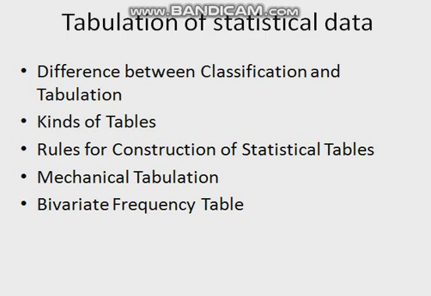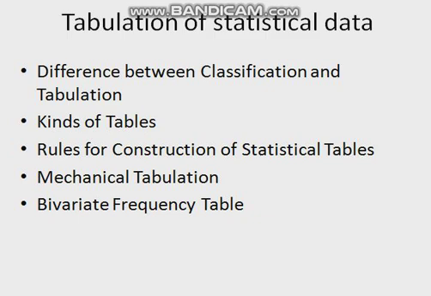On the basis of construction, the tables are of two types. Simple, or single, or one-way table. A simple table is one in which collected data are presented according to one characteristic only. For example, a table of distribution of students' numbers according to different faculties, or distribution of population according to different states, etc. It is very easy to construct and understand.